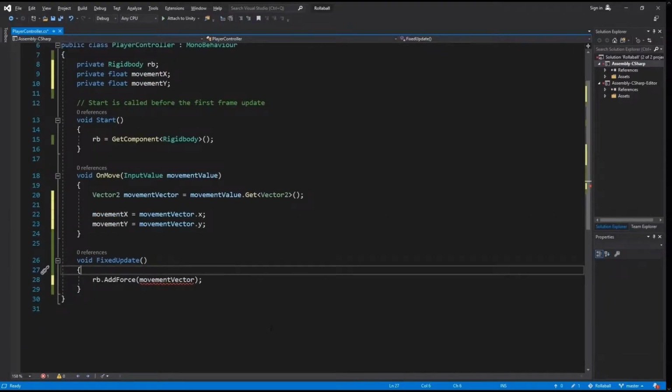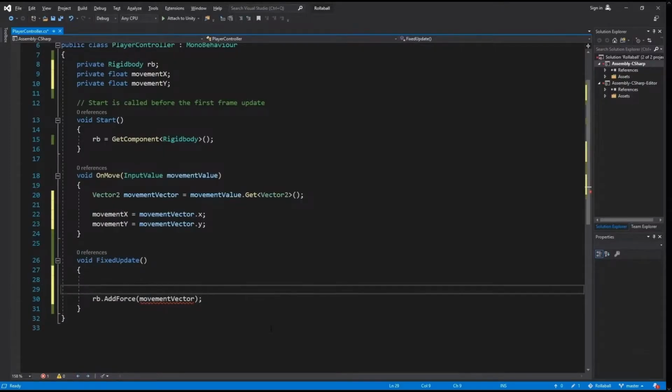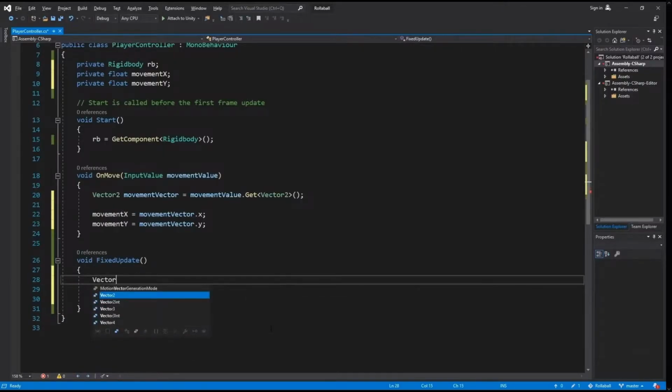To fix this, you can combine the movement floats you just created inside of fixed update to create a Vector3 variable. This will take 0 as the y value because the ball needs to move along the x and z axis in 3D space. In the fixed update function, add a new line at the top of the function and write Vector3 movement